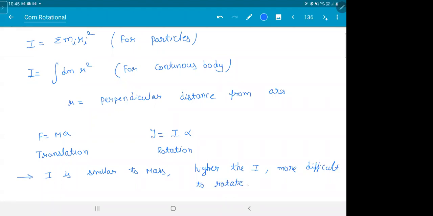For example, when you're standing, you have a water bottle with you. If you take the water bottle, stretch your hand and rotate, you'll observe that it's more difficult. Did you see the bottle's mass did not change, but the distance changed? So moment of inertia is a quantity which depends on the mass and the distance from the axis. The farther the object, the more difficult to rotate it. Clear? Put it down.